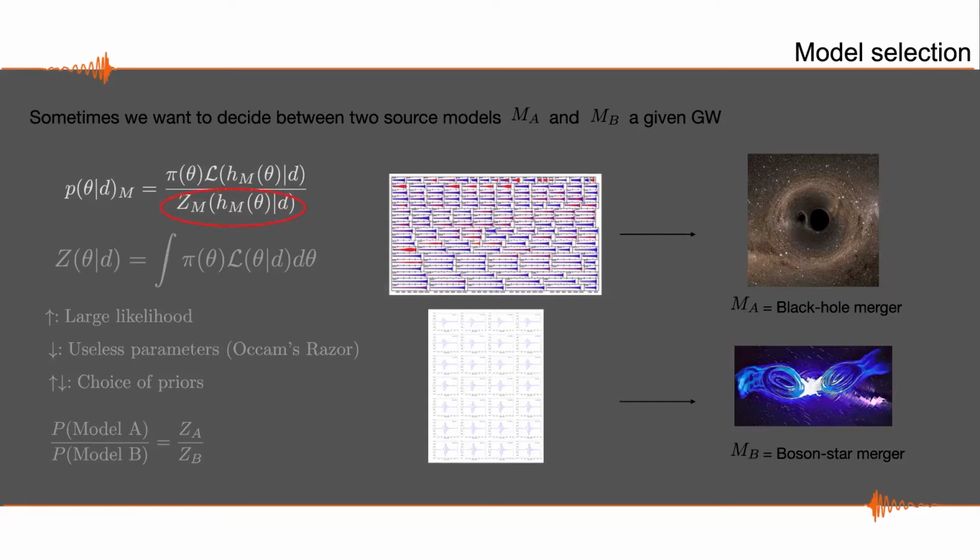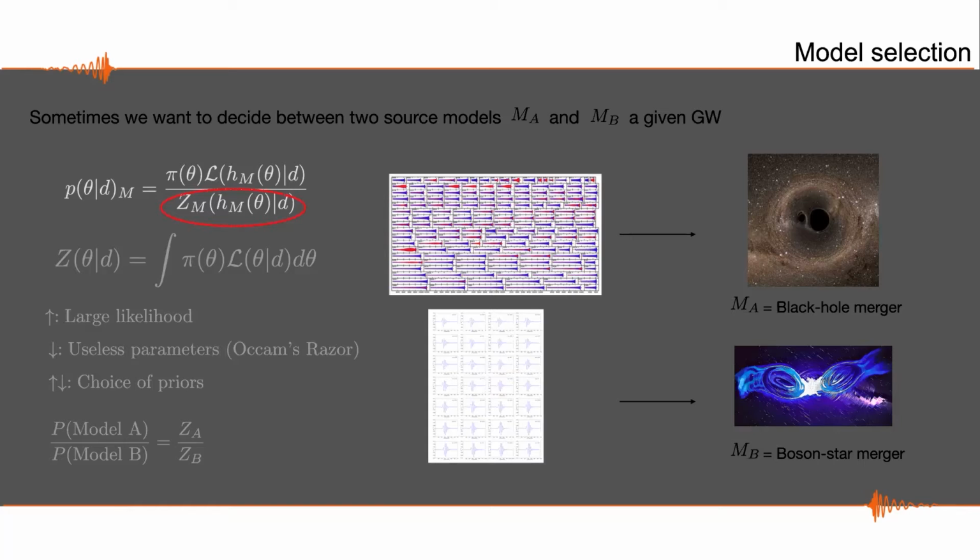And this is the case because intuitively what this seed is computing is the average likelihood, or the average fit, that you obtain to the data with your signals. So how does this work? In which cases will you obtain a large evidence for a model or the other? You will obtain a large evidence primarily if your model is able to fit the data. If within your model you find templates that fit the data very, very well.